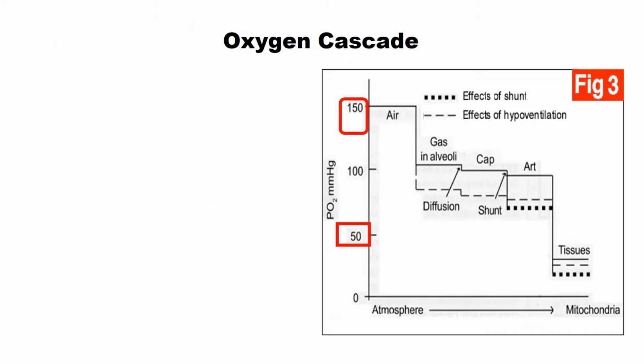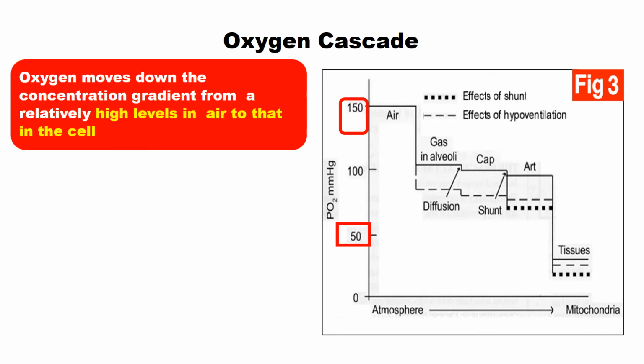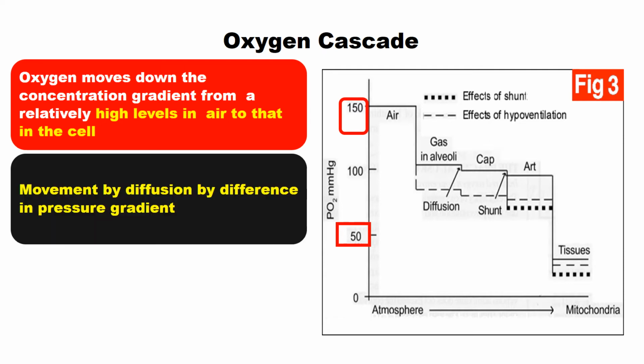Here the partial pressure gradient for oxygen has been plotted in graphical form, and here you can see the gas movement of oxygen is flowing downhill. By downhill we mean that the concentration gradient is relatively high in the air, that is 150 or 160 millimeters of mercury, then it decreases in the alveoli to 104, and finally in the tissue it is 4 to 10 millimeters of mercury. So this movement is occurring mainly by the pressure gradient that allows the diffusion of the gases from the alveoli up to the level of tissues.